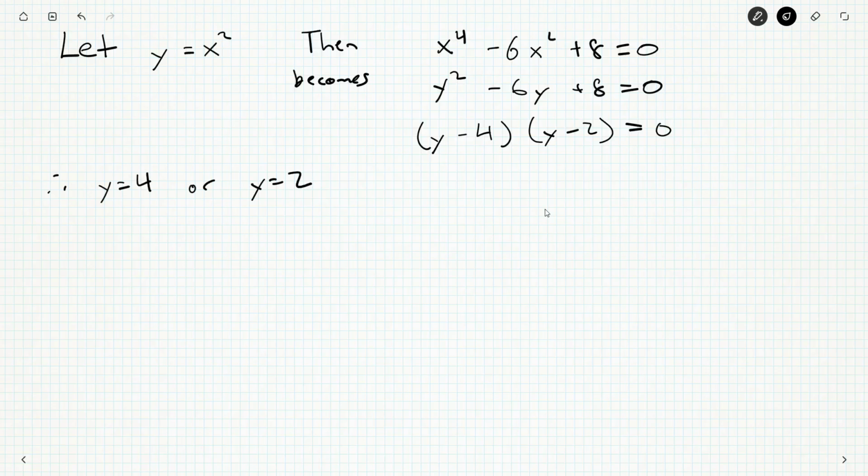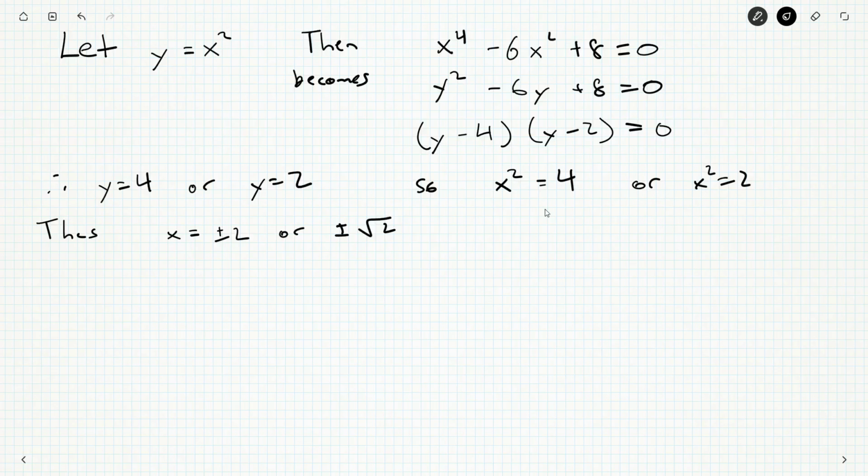But we're not done there. We wanted real values of x. So we've got x squared is equal to 4 or x squared is equal to 2. So x being plus or minus 2 or plus or minus the square root of 2. That's the best way we can write that. Satisfy